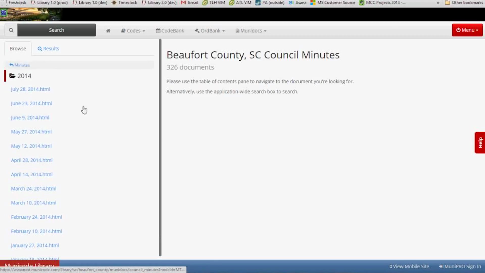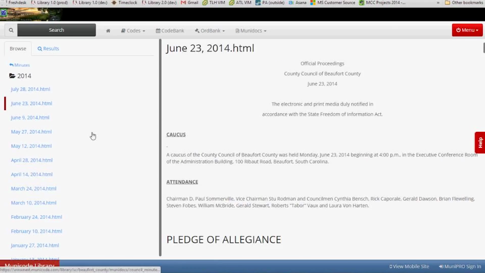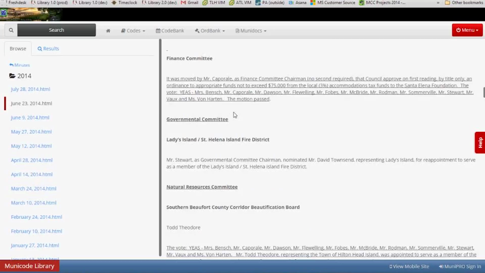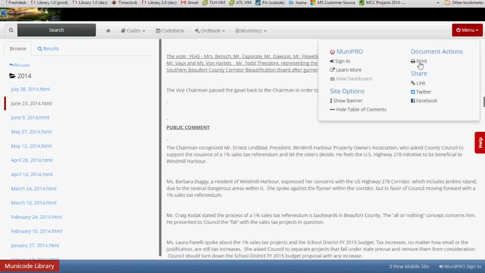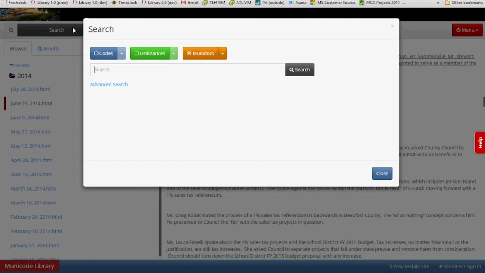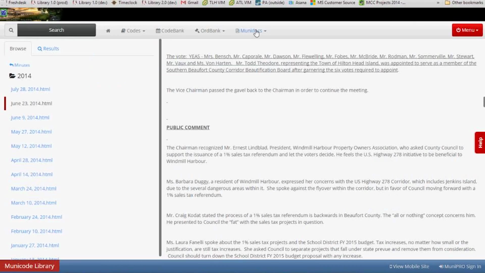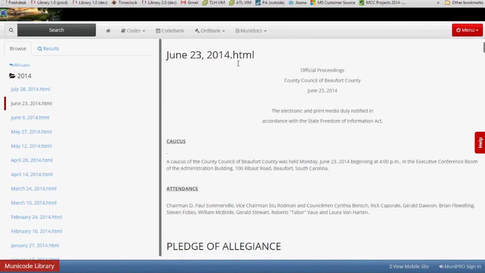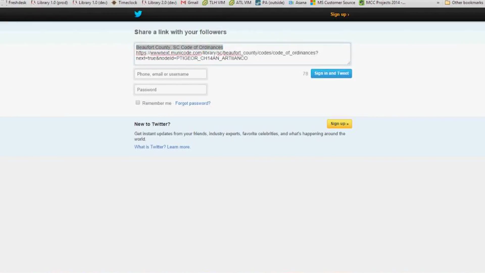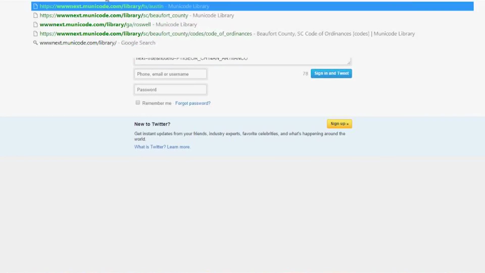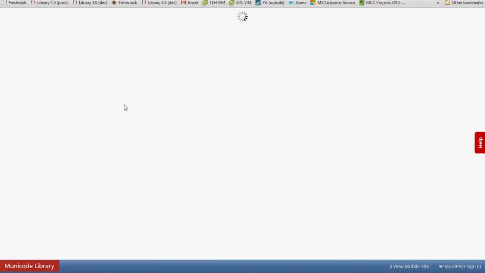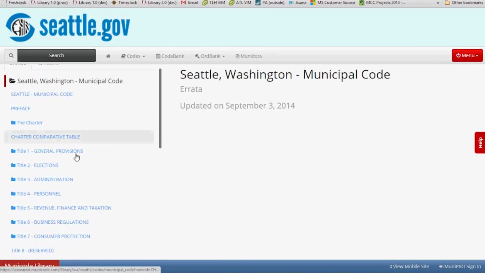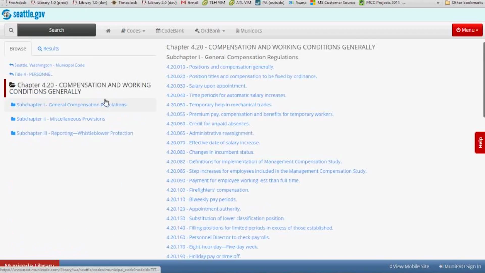One last feature is this CodeBank Compare. So building on top of CodeBank, let me pull up a different code here. All right, so I'm viewing a particular part of the code and I say, great, I want to know how this differs from the last version of this section, or two versions ago, or three versions ago. So if I click CodeBank Compare, this is going to show me all of the different updates to this code that are stored inside CodeBank. And so if I pick, say, supplement 113,